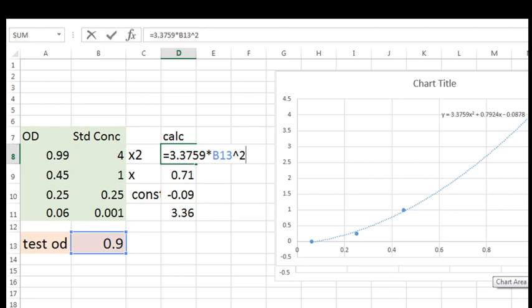So this is how you can draw an XY scatter, introduce a trend line, and choose an appropriate equation, be it linear, exponential, or polynomial, that will define a graph which touches all the points in the best desired way. Find the trend line equation, substitute the equation into a formula, keep feeding the values of the OD, and derive the concentration of the analyte you want. No need to plot graphs and check for the x-intercept.